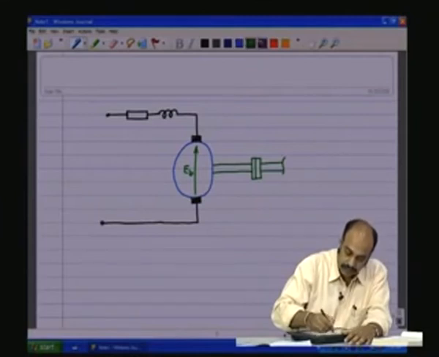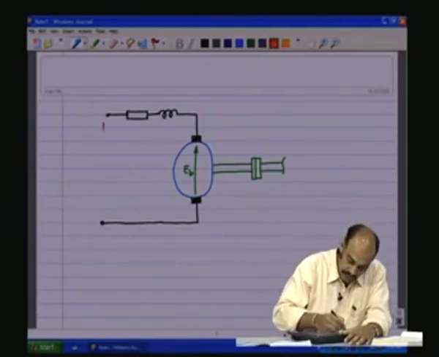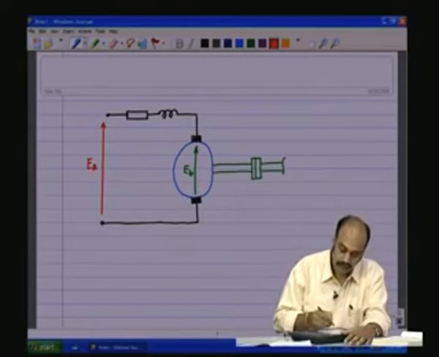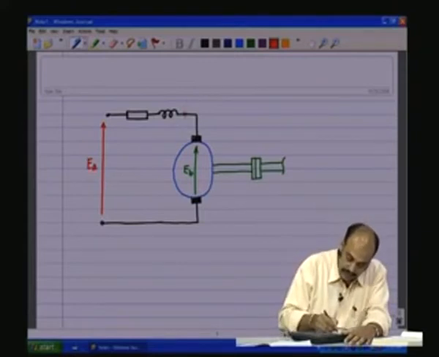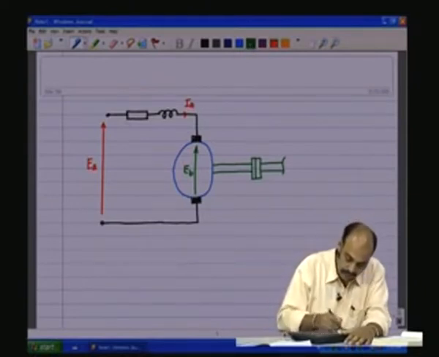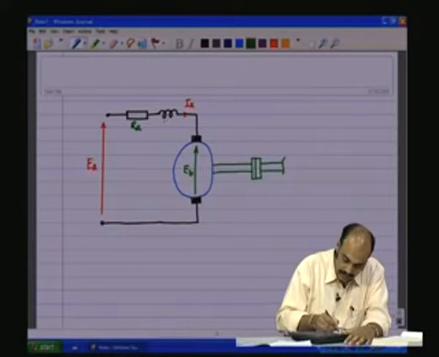Now, we apply a voltage EA, and there is an armature current IA which is flowing through it. This is RA and LA,